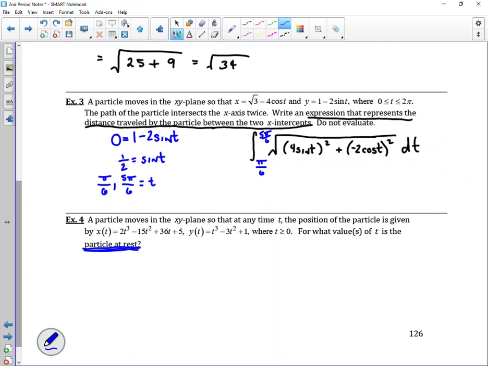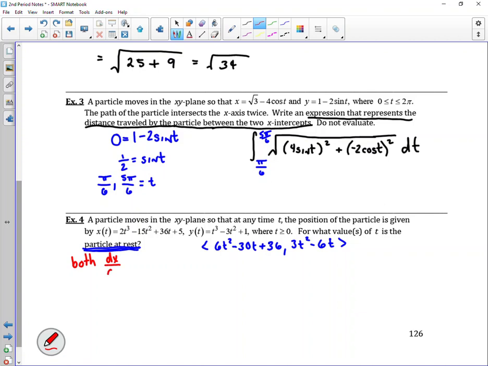So since I have a velocity vector of 6t squared minus 30t plus 36, and 3t squared minus 6t, I can't just set velocity equal to 0 here, and I don't just want one of them to equal 0. At rest means both